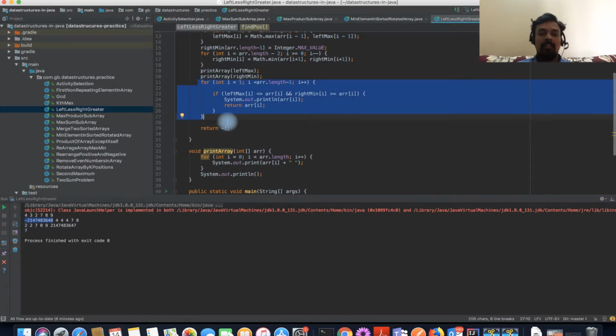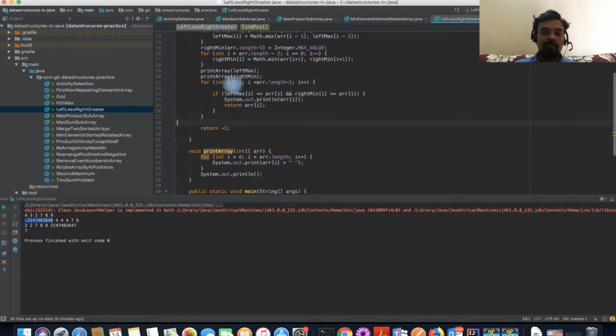Probably this is the one thing which we need to understand before writing the third step, because arriving at right max, right min and left max is a little easier. This has to be said. So I am iterating from the first element to the length minus 1. So, if left max of I is less than ARR of I, which is